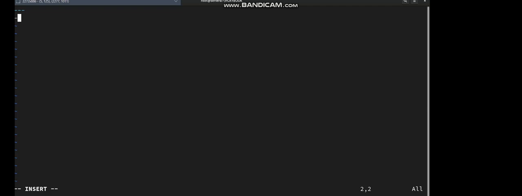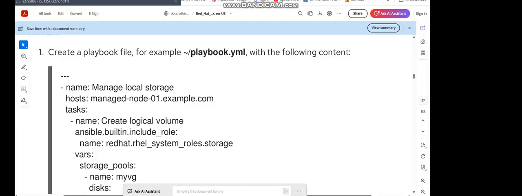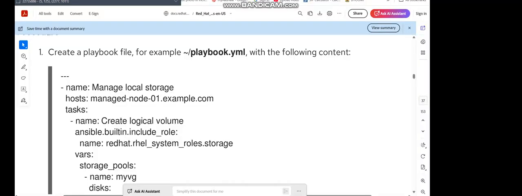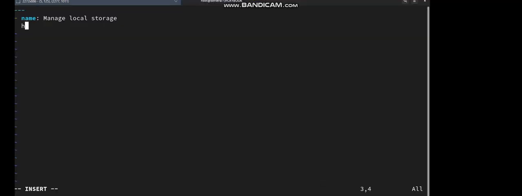Triple hyphen, space, name: manage local storage. hosts: server.example.com, or I will give the same